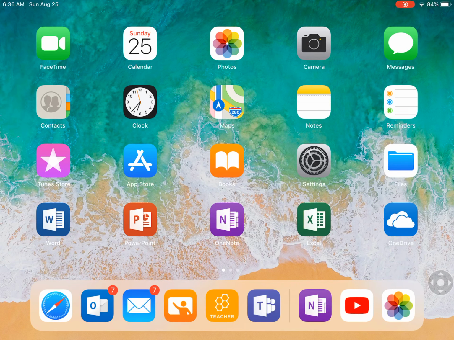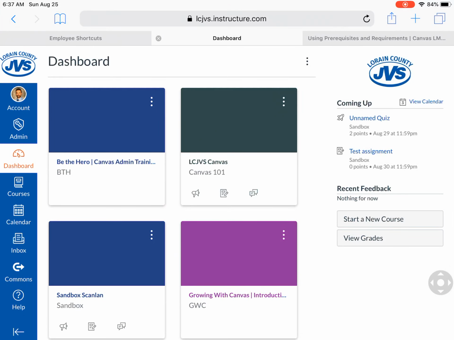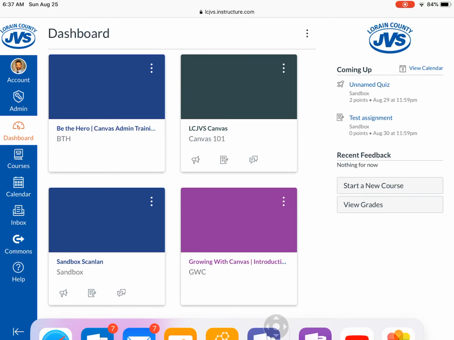Okay, a quick video to show you the split screen function on the iPad. So if I have a window up, let's say I have Safari open, and while in Canvas I want to see a picture, so I know which picture I want to upload. I take my finger down to the bottom, and I'm going to swipe up from the bottom